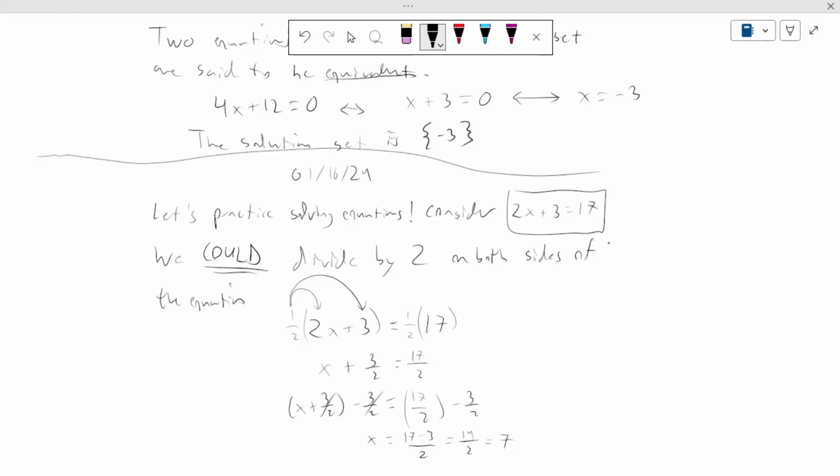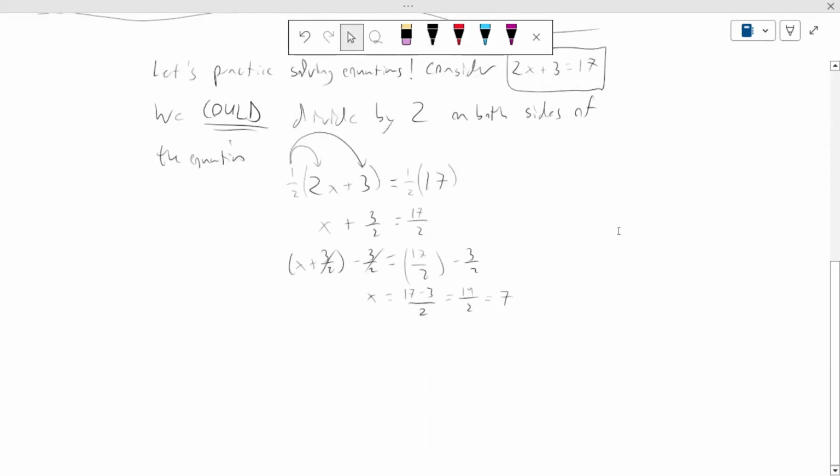I don't think that was the easiest way to solve it though. Okay, so here's what I'm going to do instead. I'm going to solve this in an alternate way, right? So instead,